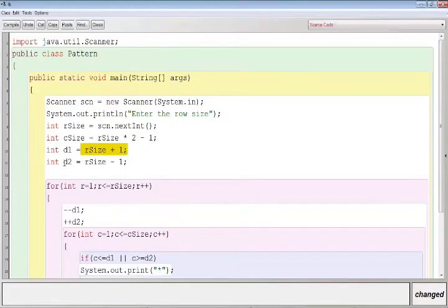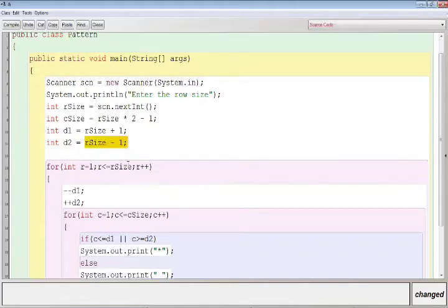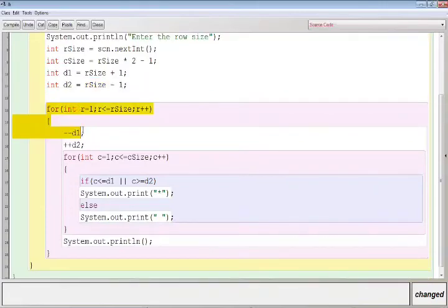The initial value of d2 should be 3, so rSize minus 1. This is the outer for loop, this is the body of the outer for loop, and this is the body of the inner for loop. The condition is c less than equal to d1 or c greater than equal to d2. And this is the updation of d1 and d2 just after the modification of r.